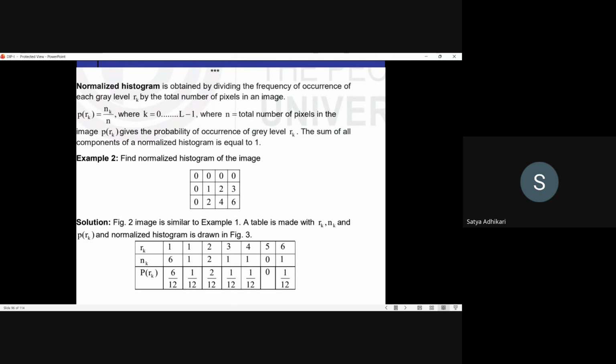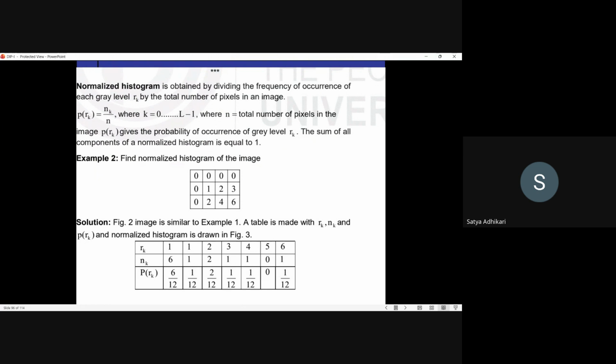So 0 occurs 6 times. 1 occurs once, 2 occurs twice, 3 occurs once, 4 occurs once. There is no 5, so 0, and 6 occurs once. So the probability of RK is 6 by 12, because the total is 12 and 0 occurs 6 times. The probability of the second one is 1 by 12, then 2 by 12, then 1 by 12, then 1 by 12 for 3, 1 by 12 for 4, 5 is 0, and 6